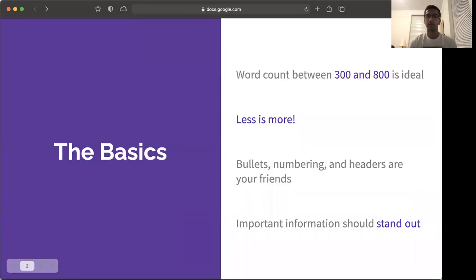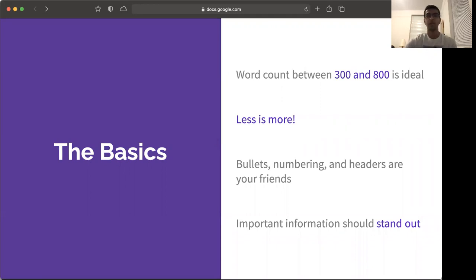So let's start with the basics. These are just key points for you to keep in mind as we go through this presentation and as you design your poster. So you should aim for a word count between 300 and 800, and keep in mind that less is more. You want this poster to be concise, and you want it to kind of speak for itself. If you have too much text, it becomes harder to focus on what's important, and then your audience takes less